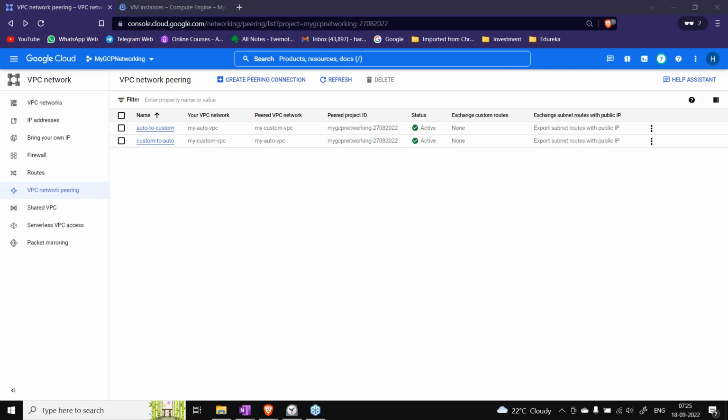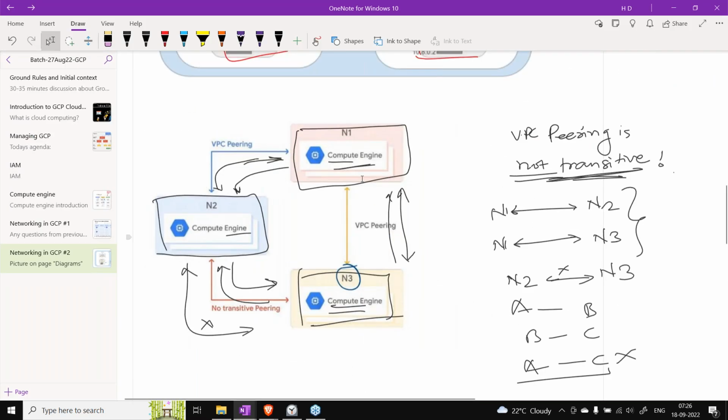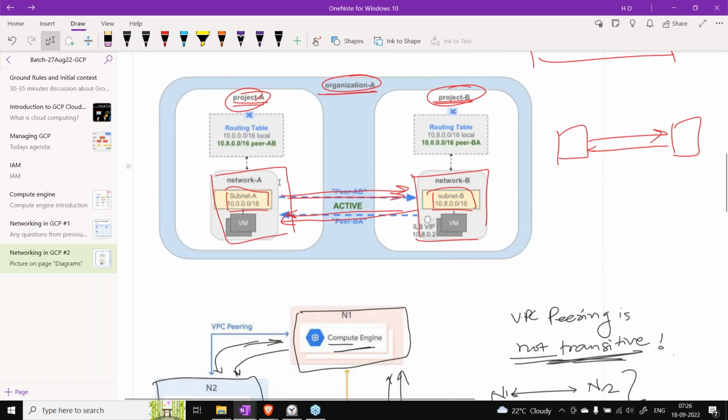What about the ownership that I already answered? The ownership remains, since the VPCs are different here, right? The VPCs are separate to those projects. This particular VPC is in another project, so the ownership remains in that project. If both the VPCs are in the same project, the ownership of the VPC remains in that one project only, right? This was the answer to your question. Okay, Shrey, thank you.